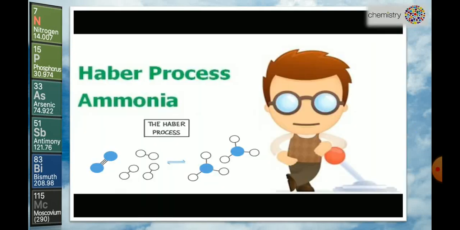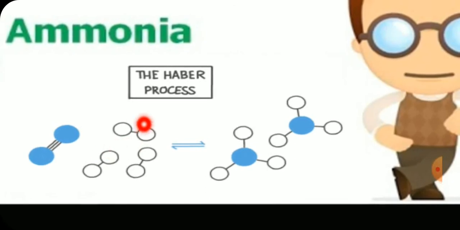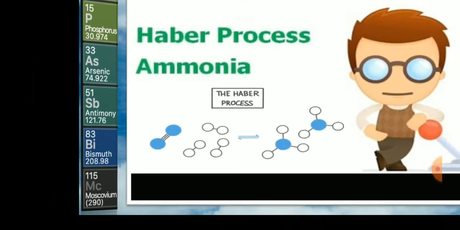So what did we learn in today's class? Ammonia: preparation from urea, some laboratory methods of preparation, the very important Haber's process, a few chemical properties and a few uses. Out of that, the Haber process is very important. Look here, this is N2 reacting with H2. How many moles of H2? 3 moles of H2 forming 2 moles of ammonia.